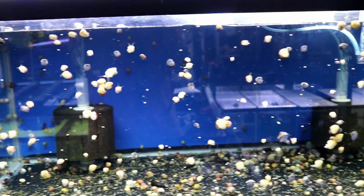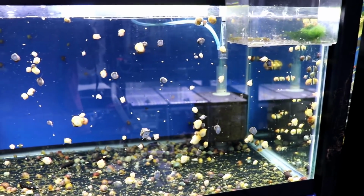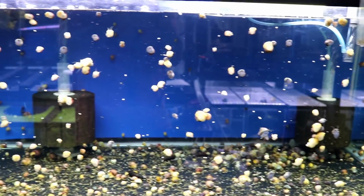And so these are just going to be some of the different processes that I'm trying to get a better success rate with egg hatching and a better success rate with the babies. So let's go ahead and move over to that tank that I'm doing the grow outs in, so we can talk about it a little bit more. All right, so here we have my 40-gallon breeder. This is the grow out tank for all of my mystery snails,